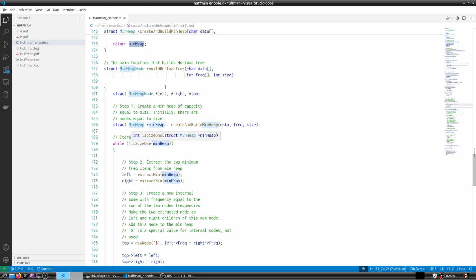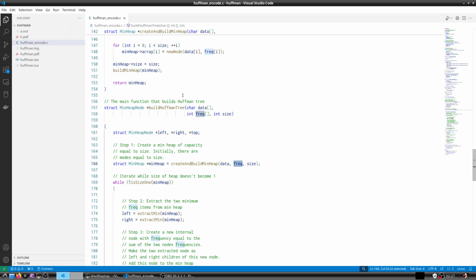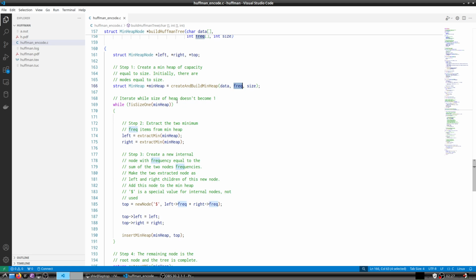And then we have build Huffman tree. So it receives the data, frequency, and size. So we declare three nodes, left, right, and top, and we call create and build min-heap. We supply data, frequency, and size. So this function we just saw is used to create the min-heap. And if the size of the min-heap is not 1, okay,